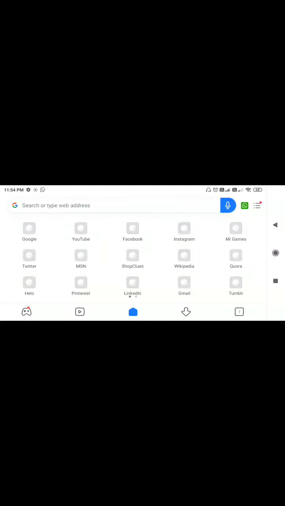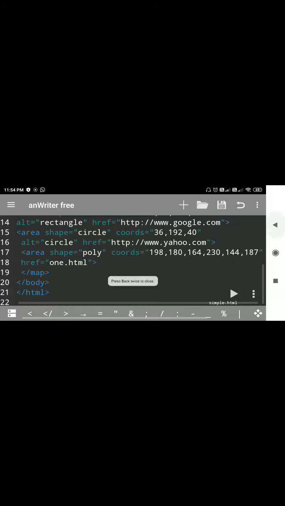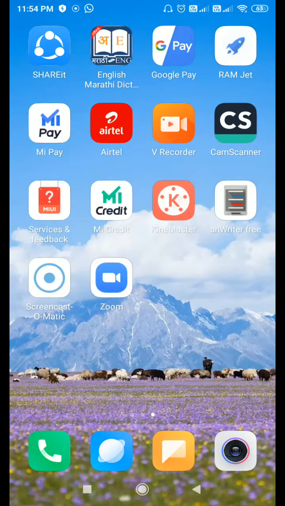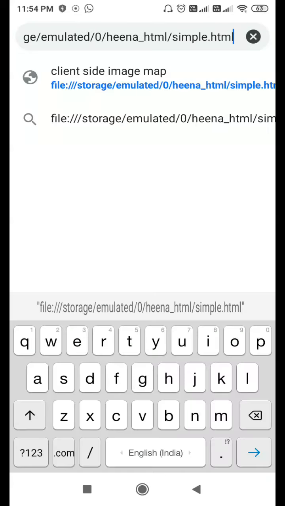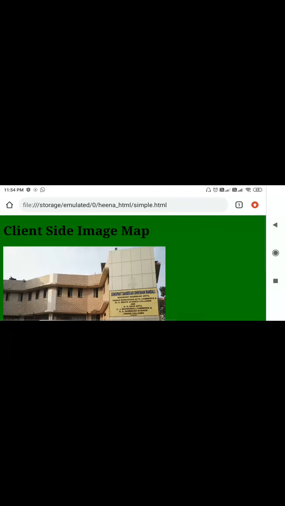Go to the browser and paste it. Here you can see our web page is loaded on a web browser. Client side image map, one image is there. On that image we created three different shapes: rectangle, circle and triangle.